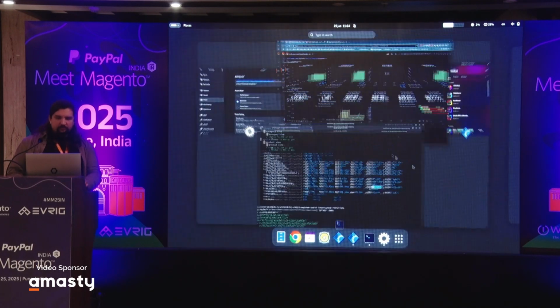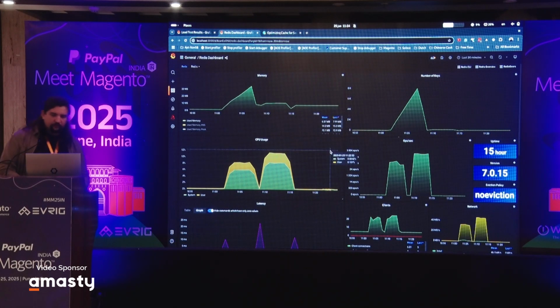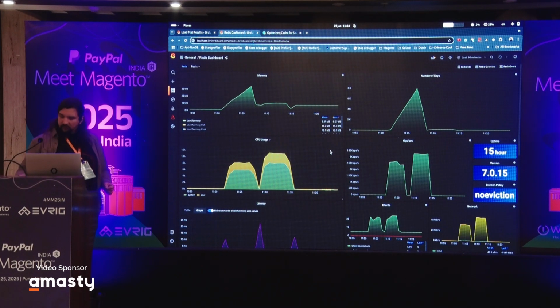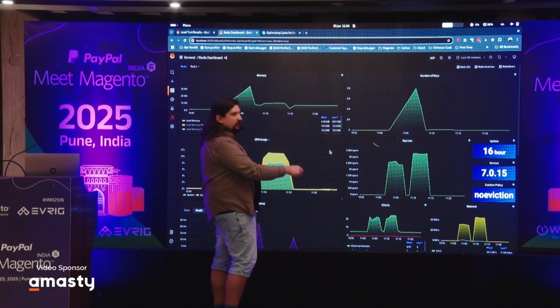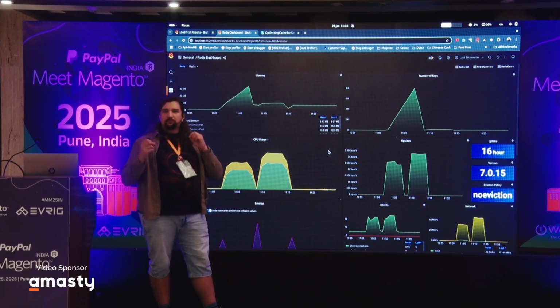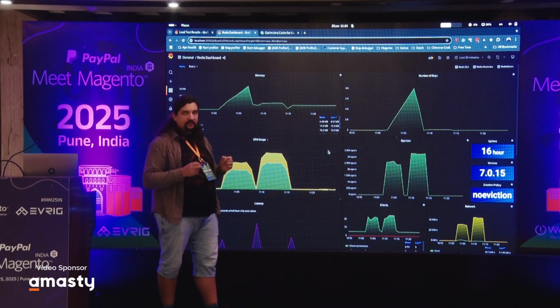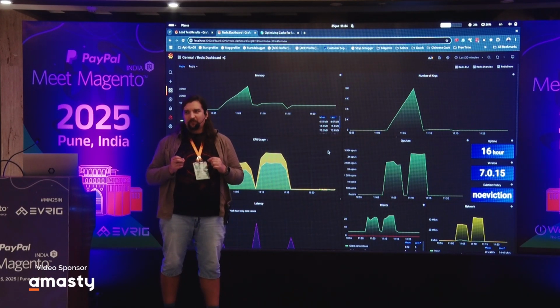What I wanted to show you, and change your point of view on a little bit, is this specific part, when Magento is using a lot of Redis cache. What's important to understand is that Redis cache doesn't save you time.